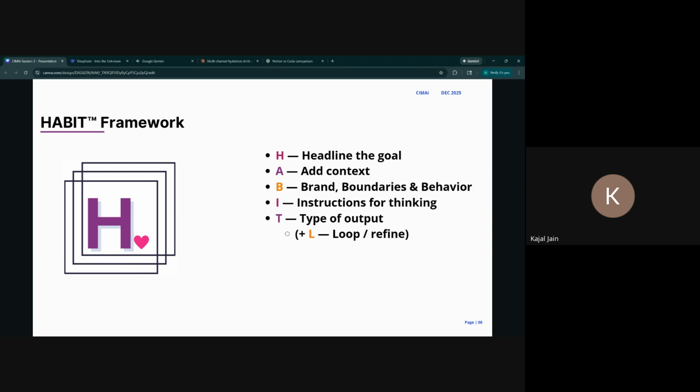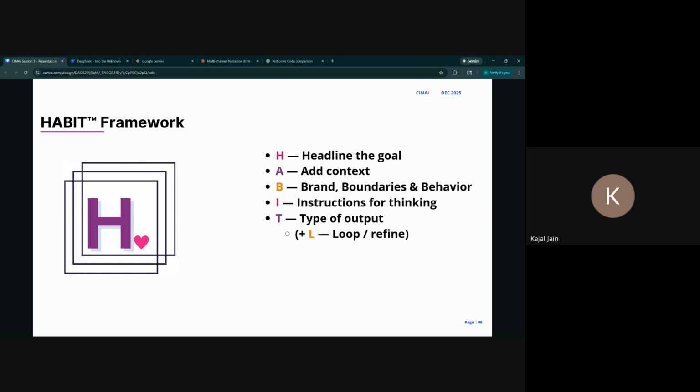Again, similar to the structured framework, this is where you plug in your tone, your voice, your brand rules, and what to avoid. I is instructions for thinking: how do you want the model to think, or how do you want it to structure your work? And then I have T for the type of output that you want, the deliverable that you're expecting, and always the loop part, which means to refine, to critique, and upgrade.